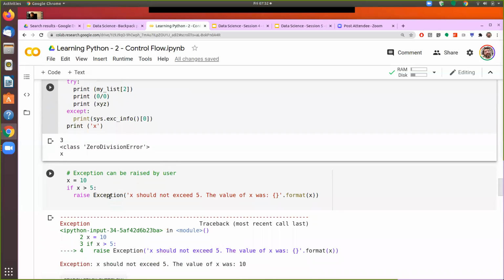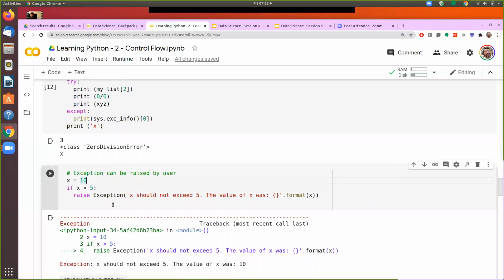So coming back to, at certain places, you would like to raise an exception yourself and not really wait for the system to raise the exception, or it may be a place where the system is not likely to raise an exception, but we would like to raise an exception ourselves.